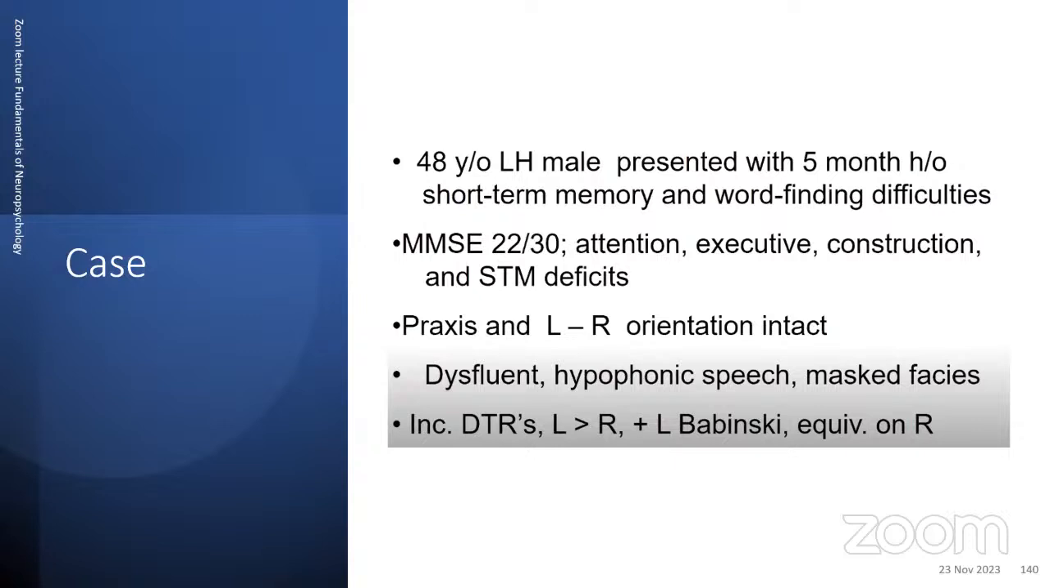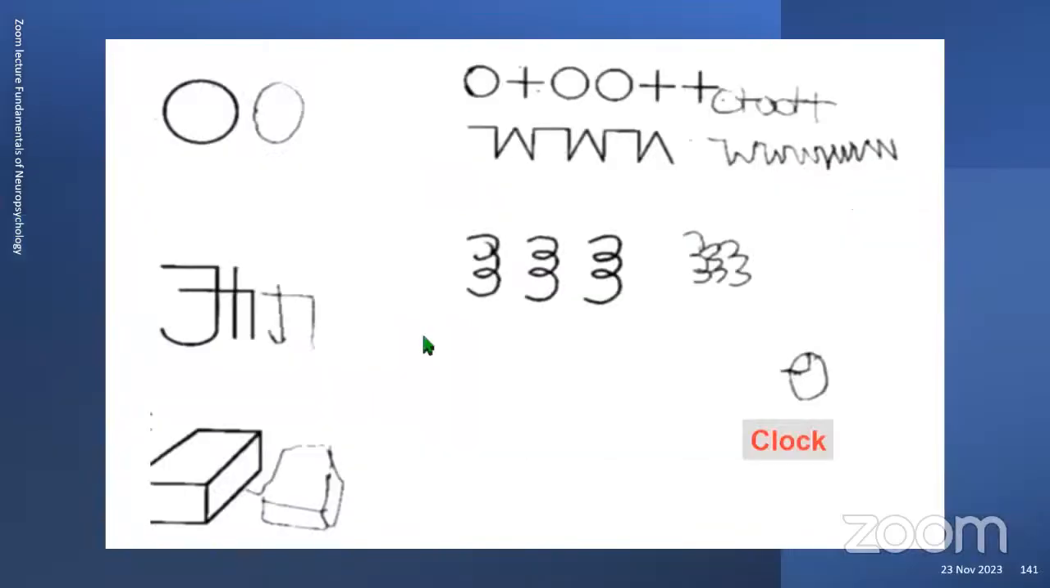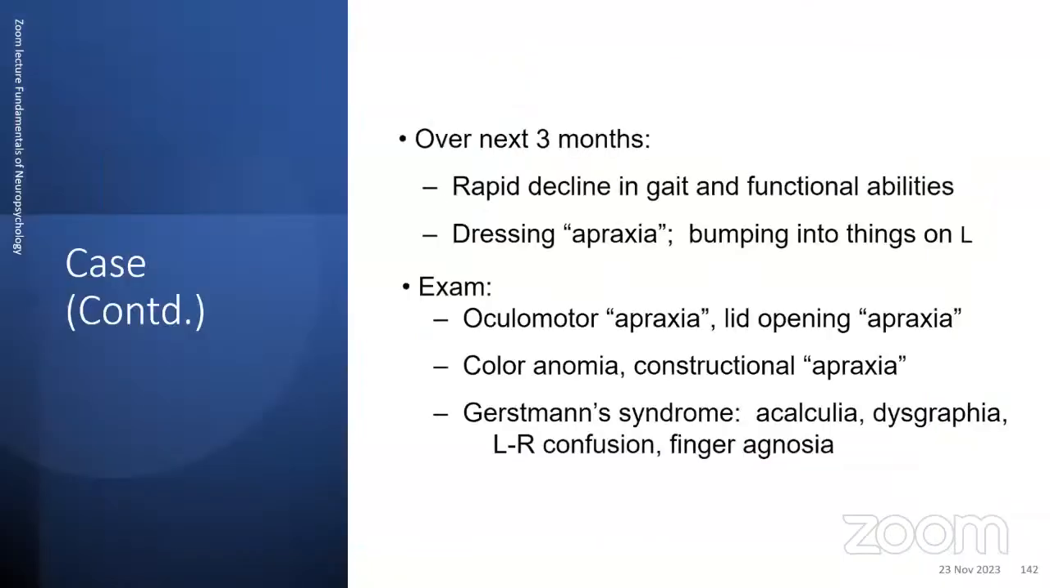There's hypophonic speech, masked faces, deep tendon jerks left more than right, and left-side Babinski; the rest is equivalent, that is normal. These are the tests: the clock drawing, you can see the various copying tests, right? The frontal lobe tests, you can see, and the difficult picture copying or drawing. For the next 3 months, a rapid decline in gait and functional abilities, dressing apraxia developed, bumping into things on the